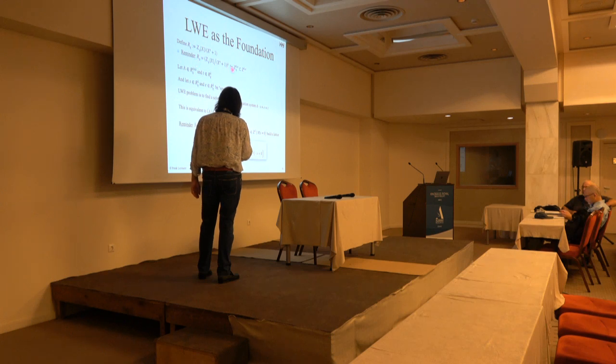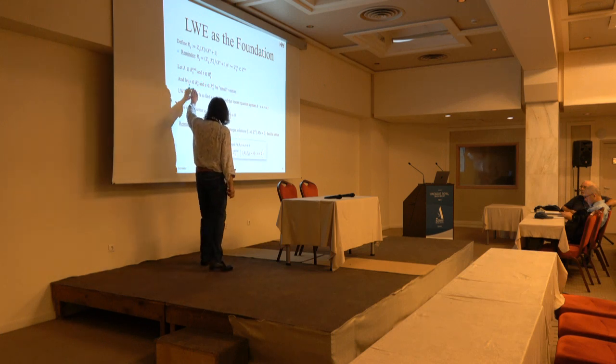This module is part of Z^(k times n). I take a k cross k matrix over this very crazy ring, so the module of tuples of polynomials, and a vector, the components of which are tuples of polynomials. I take small vectors, S and E, and